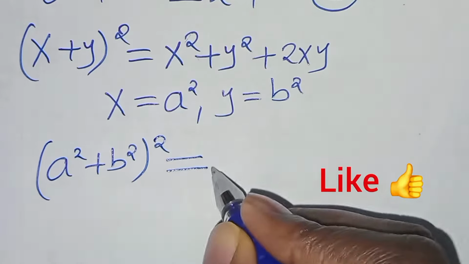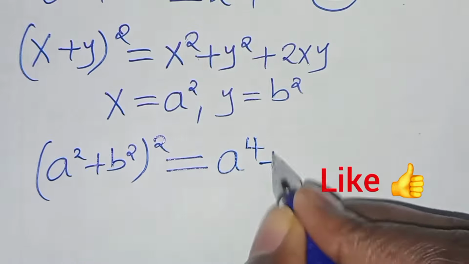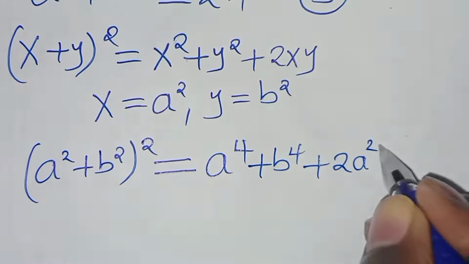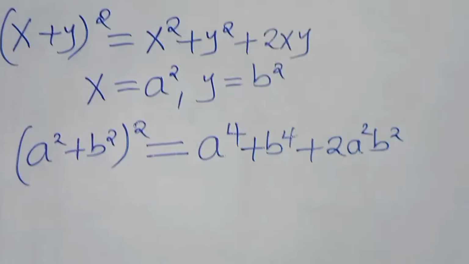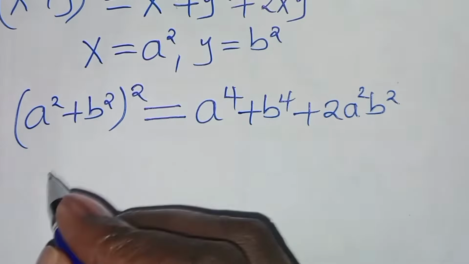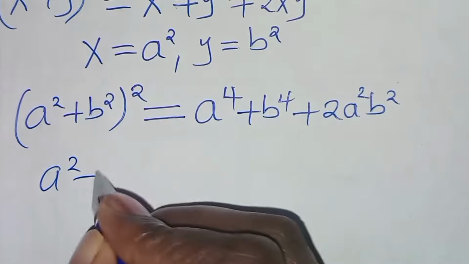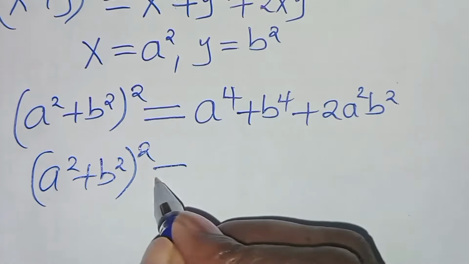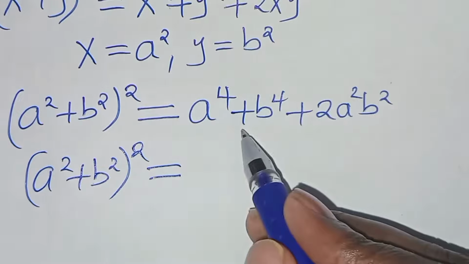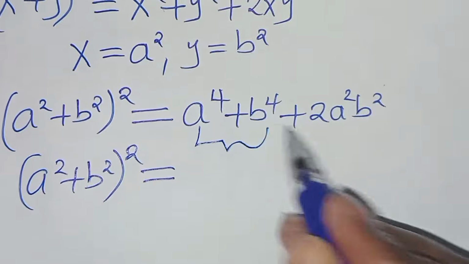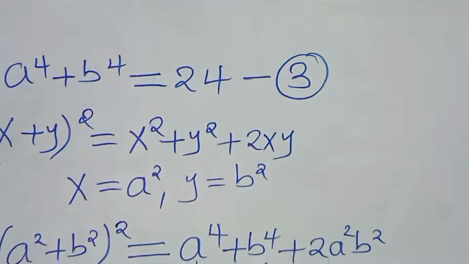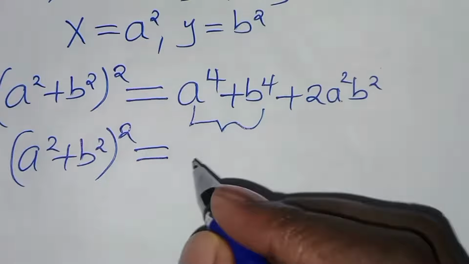This is the same thing as a to power 4 plus b to power 4 plus 2a squared b squared. So a squared plus b squared raised to power 2 is equal to a to power 4 plus b to power 4, which is the same as equation 3, which is 24. So we have 24